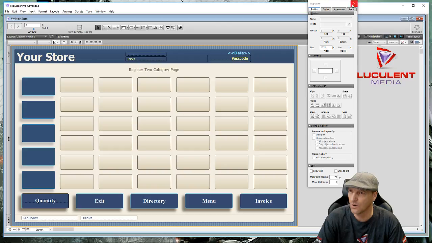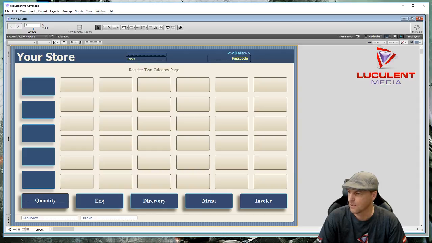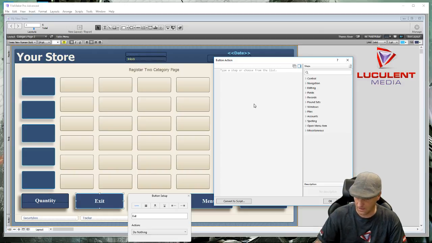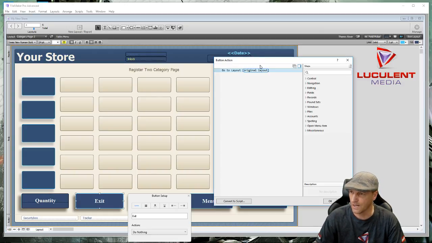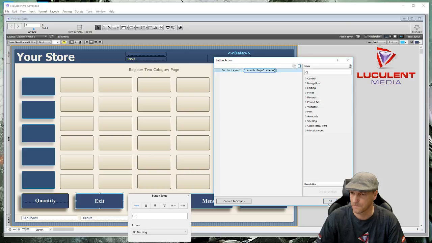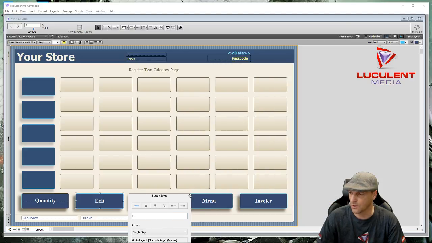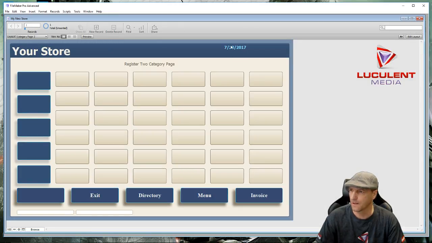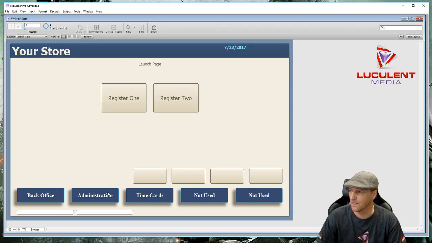And now we need to do something with this. So let's go exit button. This one is going to perform, well, let's just do a single step. And the single step that we want this one to do is we want it to go to a layout. And the layout that we want it to go to is the launch page. And what we're actually doing is we're just creating a giant circle. So now if we exit the layout, we see the date, we go to exit, it will take us right to this page. If we go to register 1,